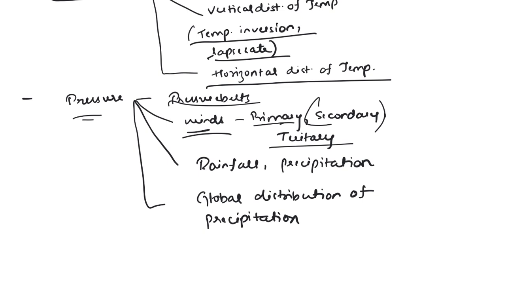In the tertiary winds, we have comprehensively covered each and every wind, its characteristics and direction, all discussed in the map. Once we were done with this, we saw rainfall: orographic rainfall, convectional rainfall, frontal rainfall, all this. Later we saw global distribution of precipitation too. And what are a few factors of global distribution of precipitation? Leeward side, windward side, continentality effect, trade winds, offshore winds, onshore winds, these we have also discussed.